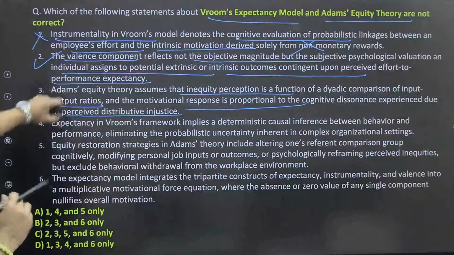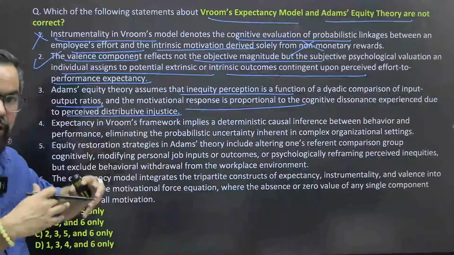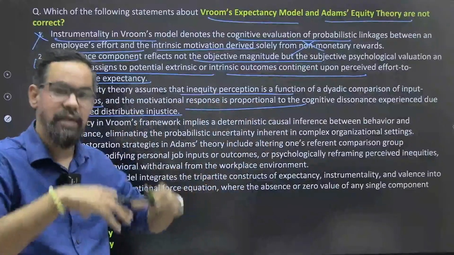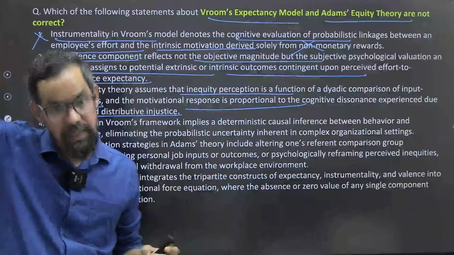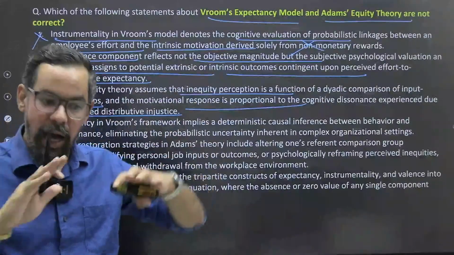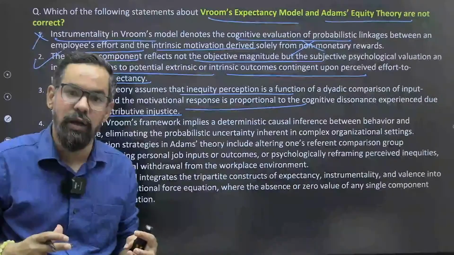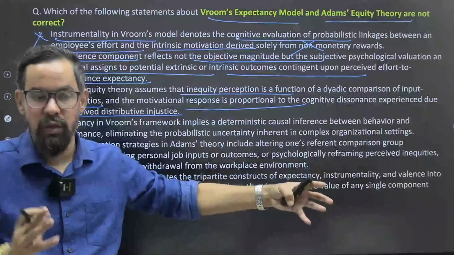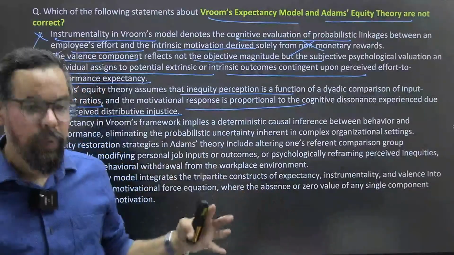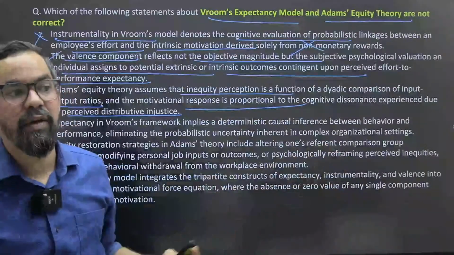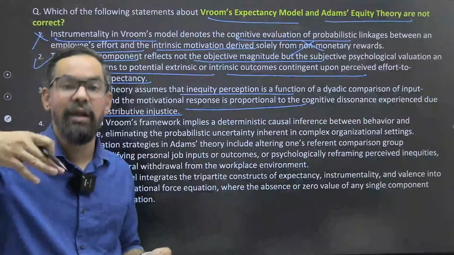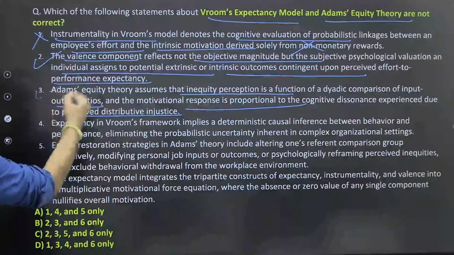So it is something like, if I'm putting in this much, what am I getting? If I'm getting equal to my efforts, what I'm giving to my organization and what the organization is giving to me, and what the organization is giving to others. If it is balanced, I'll be motivated again. Or let's say one person is getting 1 lakh for the same job, another is getting 70,000. So the 70,000 person will get demotivated. Third, let's say average people are getting 1 lakh and I'm getting 5 lakh. After some time, I'll enter into guilt. Bhaiya, I'm contributing very little. So I'll start increasing my efforts. So that is again true.